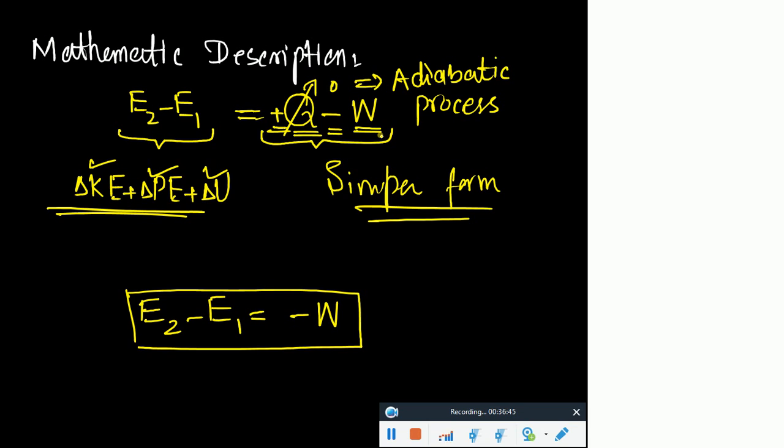Is it the gas only? Or do you include that piston in that system? Yes, exactly. That's the difference I talked about in the very first class, that you need to draw the free body diagram. You need to demarcate your system by that dashed line first. Now, what do you do in statics? Are you doing that statics course in this semester? So, what's the first thing you do? You draw the free body diagram, right? So, the same thing you do in thermodynamics by doing what? You try to isolate the system from its surroundings by what? By drawing out that control surface, that dashed line outside that.